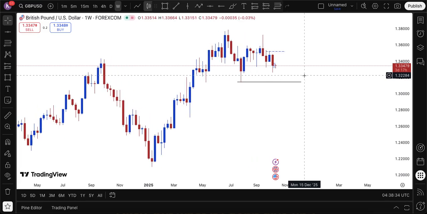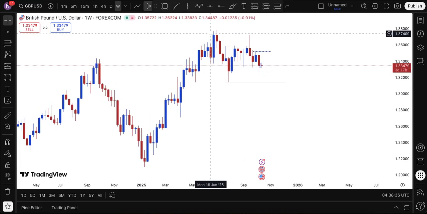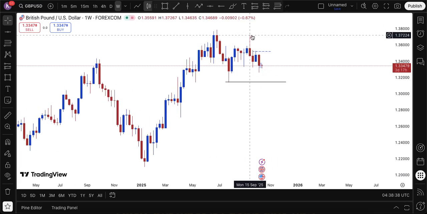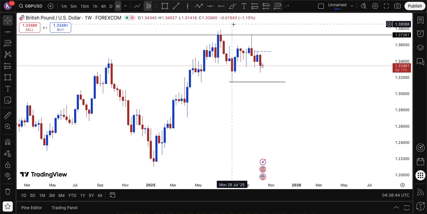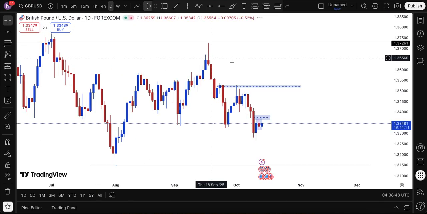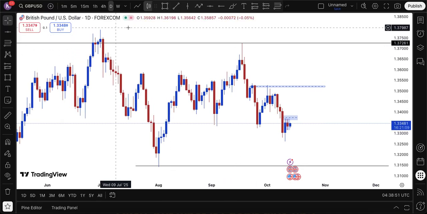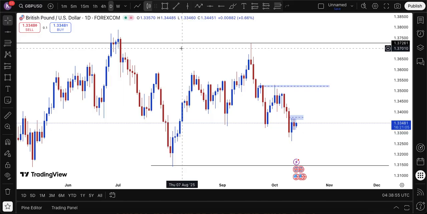I think market tapped into this zone. It was just slightly rejected. What's funny is I'm always getting things in hindsight. I saw market come here, and on the weekly I didn't see it, but even if I had seen it, I would have done it, because on the daily I saw market rejecting from this. I didn't see it honestly. It's only when it happens that I'm able to point it out.